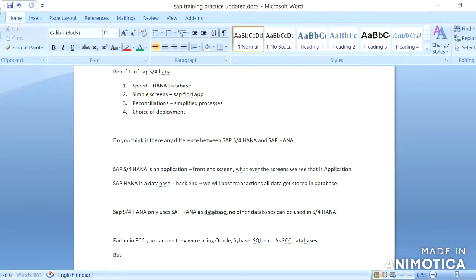But in SAP S/4HANA, only the HANA database is supported. These are all third-party databases, not from SAP. But now SAP has developed their own database, which is the SAP HANA database.